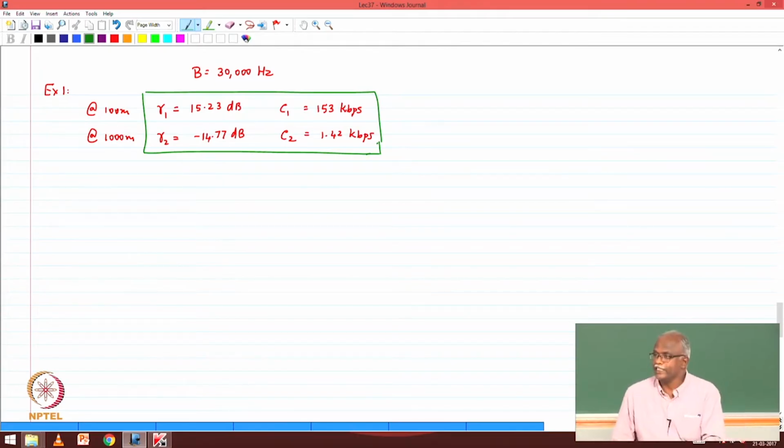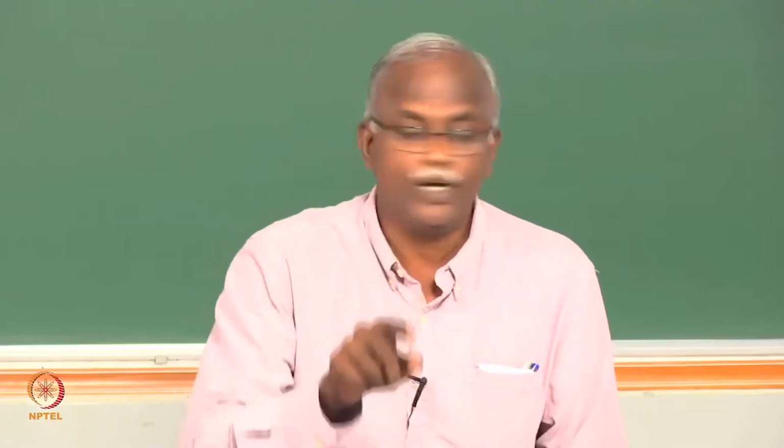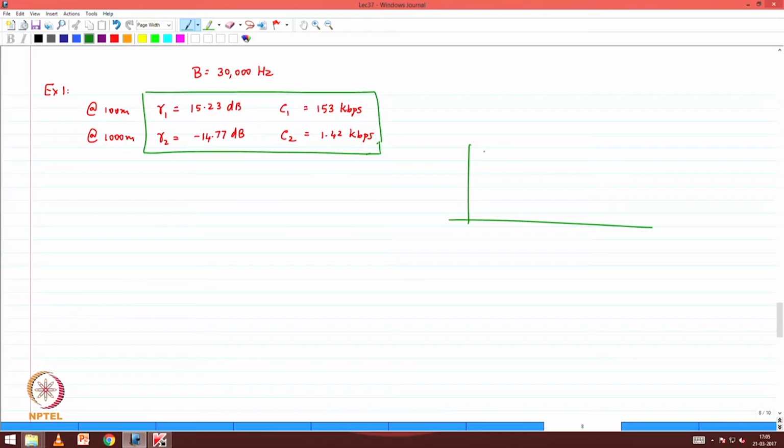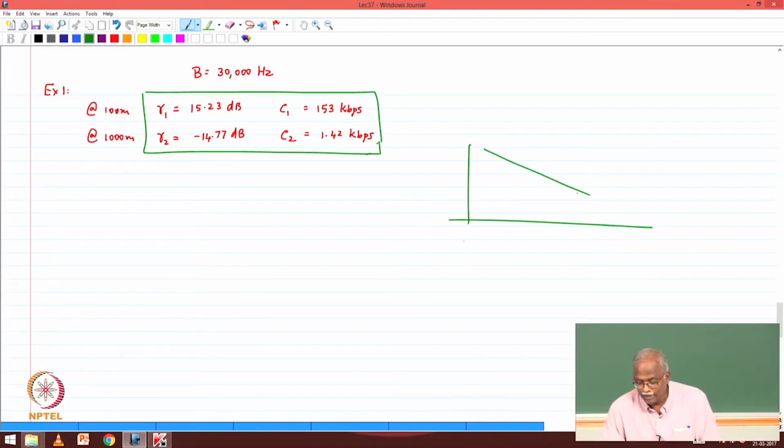Okay. Now, this is a case where the SNR changed because of what? Path loss, because you moved away. But it could very well have changed because of fading. So now once you have understood this, we move the context, saying don't worry about path loss. It's going to be in the context of fading. And what is going to happen? In the case of path loss, I can predict it. So the capacity at this point is very different from the capacity at this point because the path loss has changed. But in the context of fading,